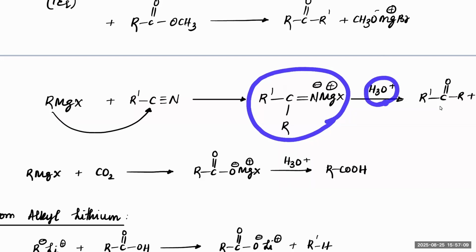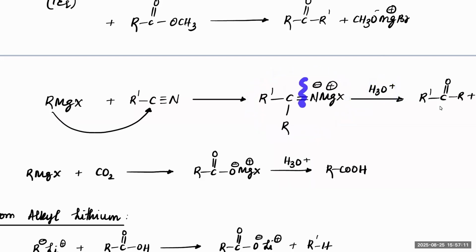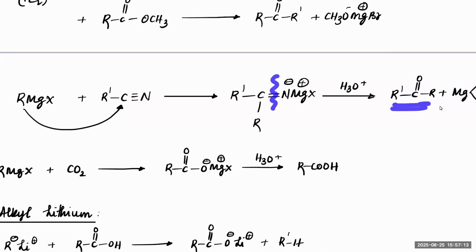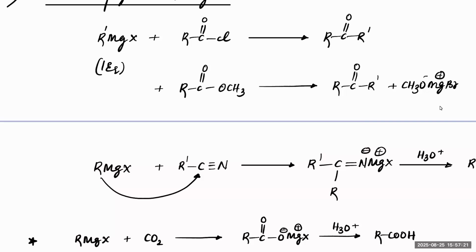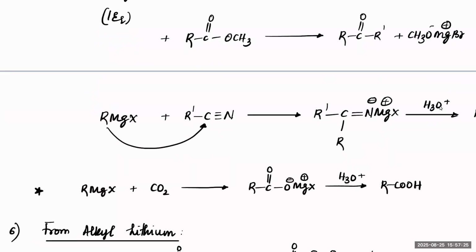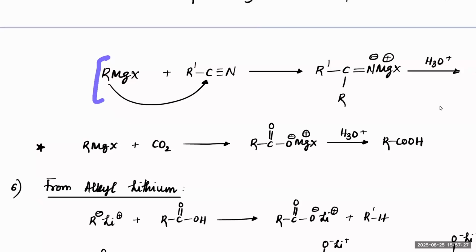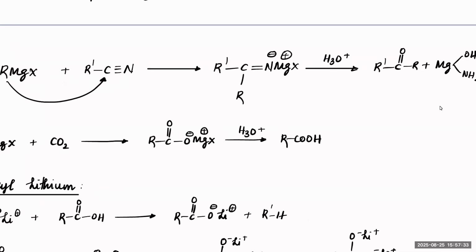And thereafter, when you do hydrolysis, the bond will break from here and convert into a keto bond. So that's how you can get a ketone from cyanide. If you check it out, in this first case, we only require one equivalent. Here, you take one equivalent, two, three, or as much excess as possible, you will only end up getting a